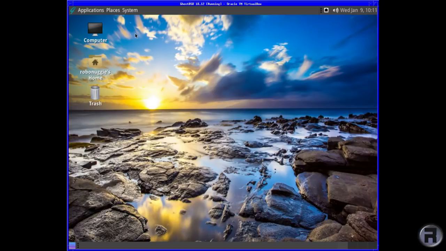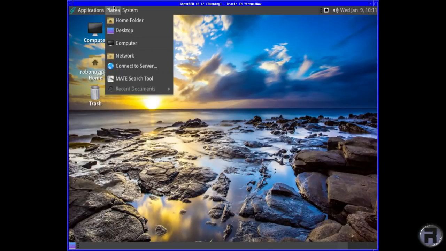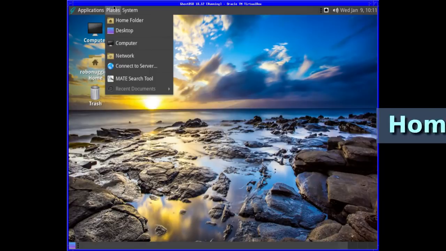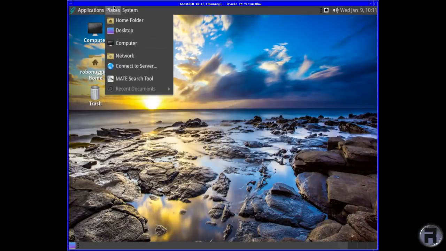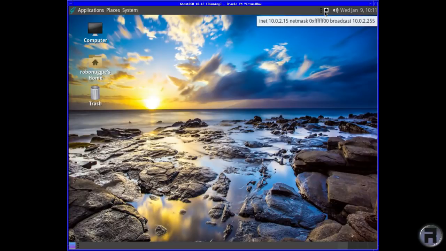So we'll go on to applications, and you've got accessories, education, graphics, internet, office, sound and video, and system tools. Places: desktop, computer, network, connect to server, Mate search tool, and recent documents. And then you've got a system tab, which is then preferences, administration, control center, about, lock screen, log out, and shut down. Then to the right over there you have your network settings,